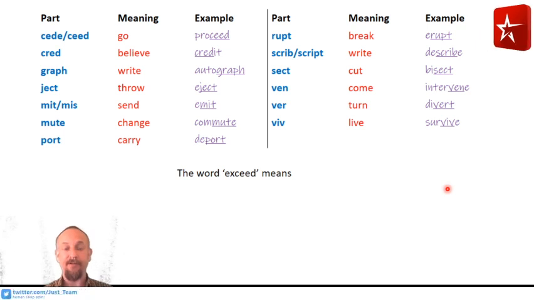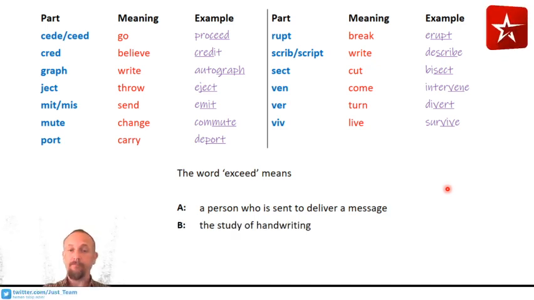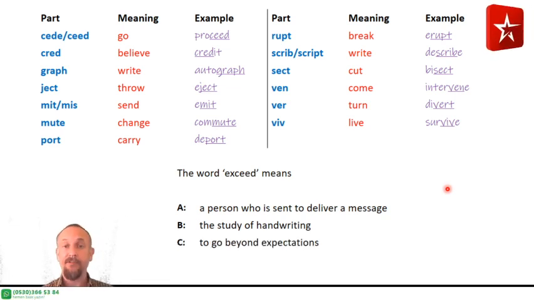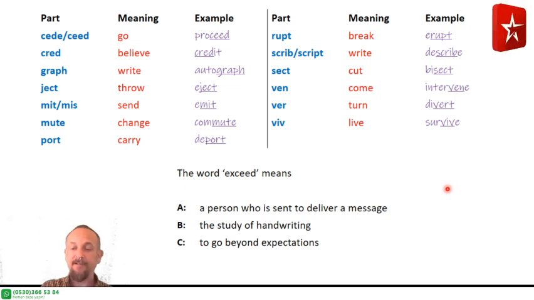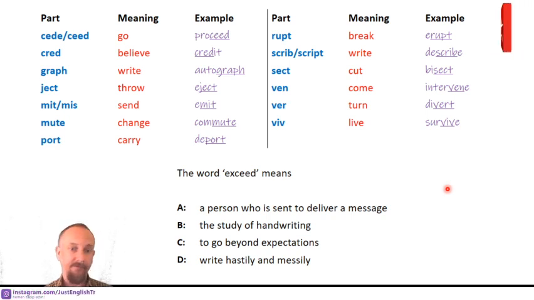So let's have a look at another one. We have the word exceed. Exceed. We've got a long E sound there, so double E. Does it mean A, a person who is sent to deliver a message, or B, the study of handwriting, C, to go beyond expectations, and D, to write hastily and messily. Oh, Mimosa's right in there. Excellent. C,